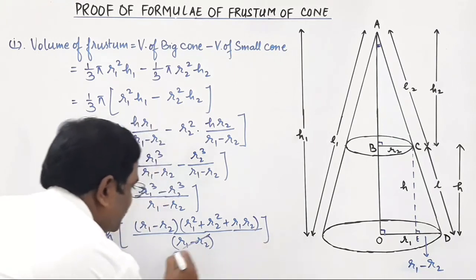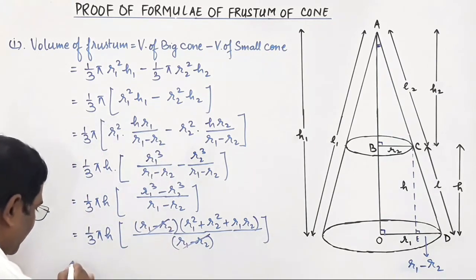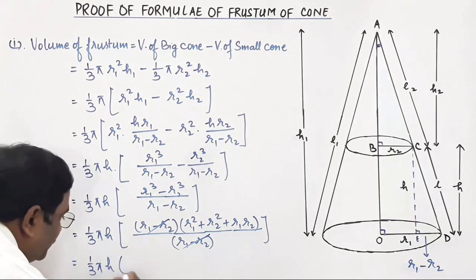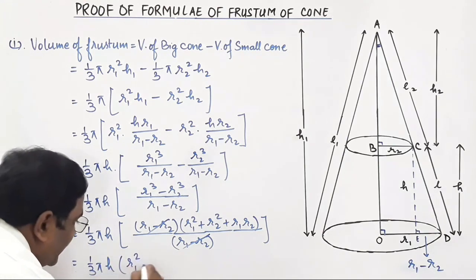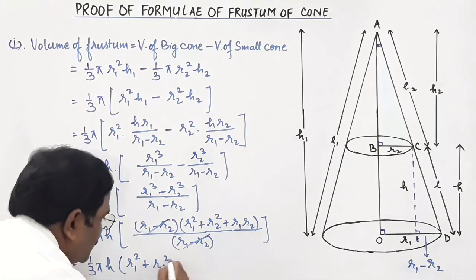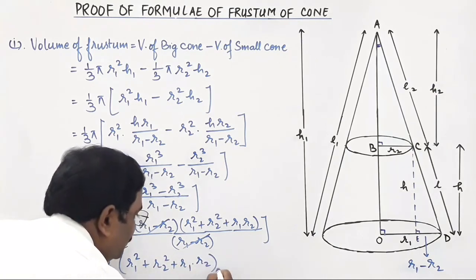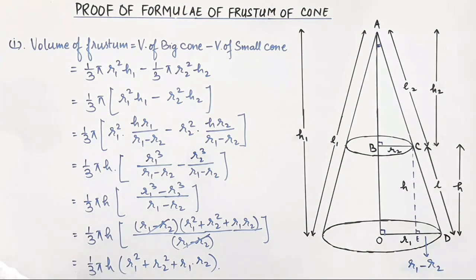Right, friends? So this is cancelled with this. We got our result: 1/3 pi into H, R1 square plus R2 square plus R1 into R2 is the volume of frustum,